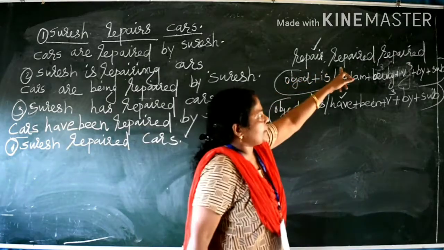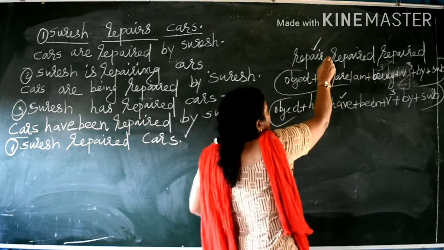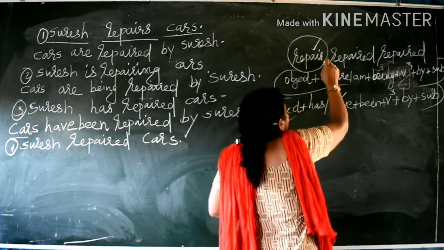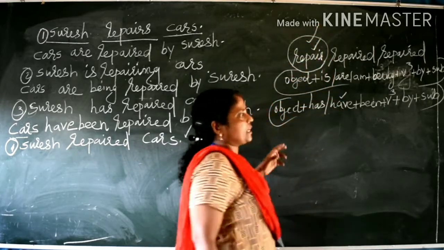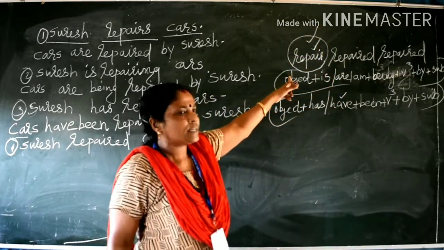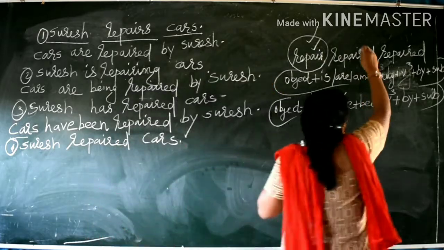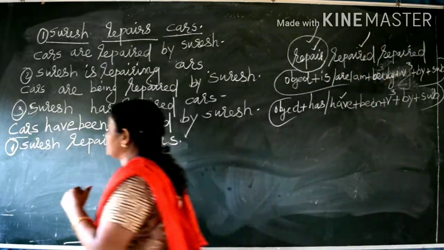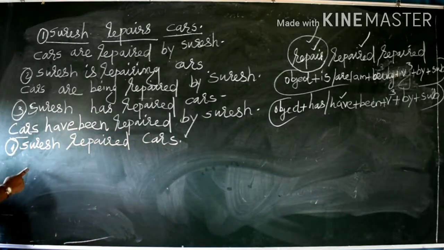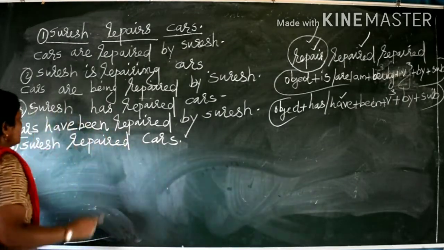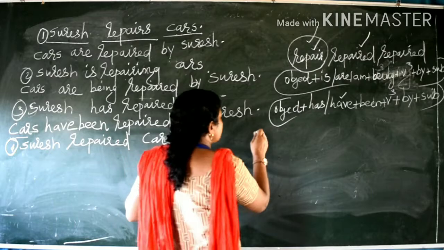Repair, repaired, repaired. In the present tense, we always use the first form, with the auxiliary verb in the continuous tense and has, have in the perfect tense. But now we go to the second form, that is simple past tense. Suresh repaired cars. So that formula is